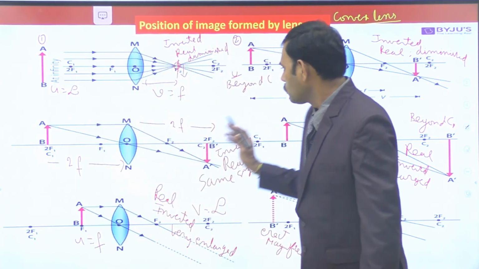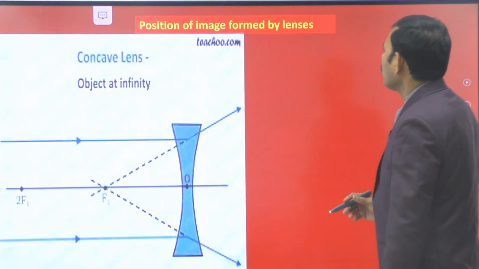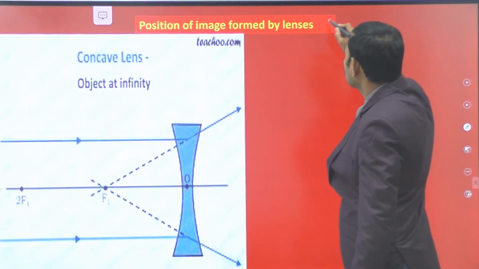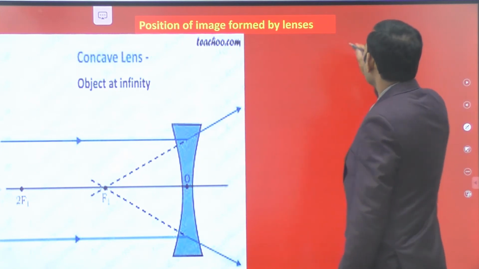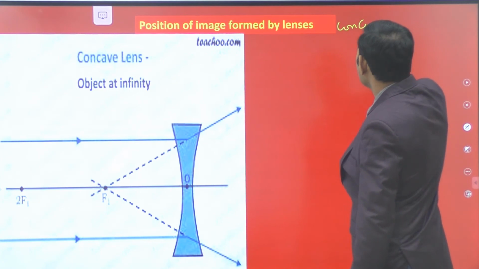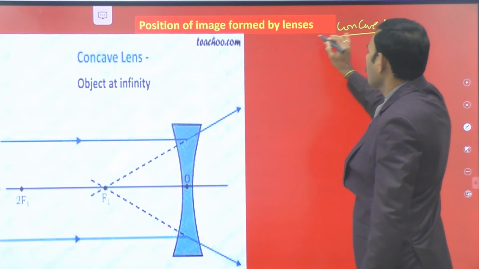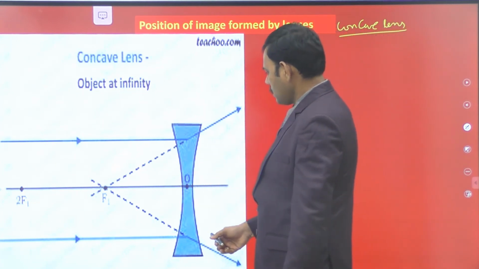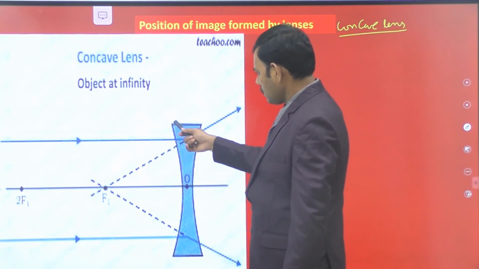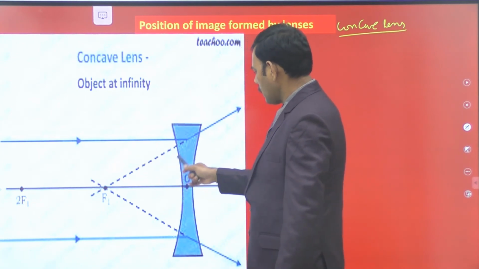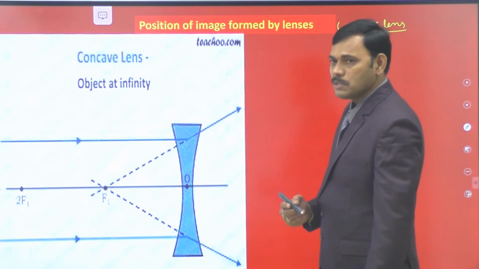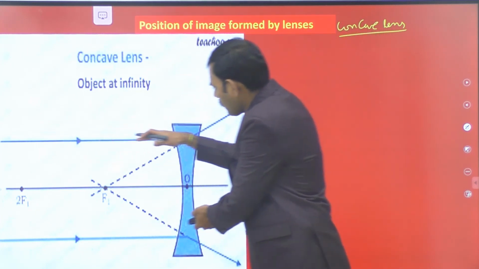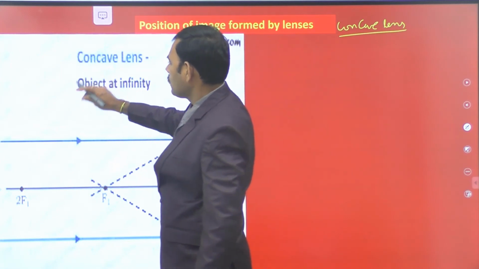So let us move on to the simple case of image formation by a concave lens. So far we discussed the convex lens, now let us consider the concave lens. Let this be the concave lens. In this lens the refracting surface is towards the rarer medium and either side is concave, hence it is a concave lens. In this we have two simple cases. Let us consider paraxial light rays. Object is kept at infinity.